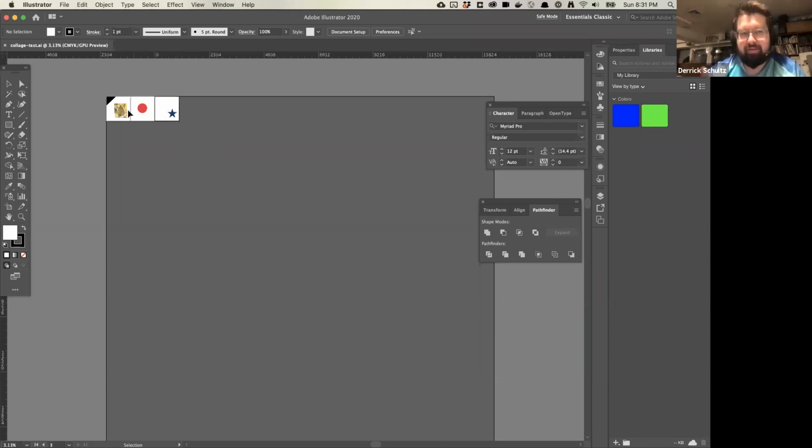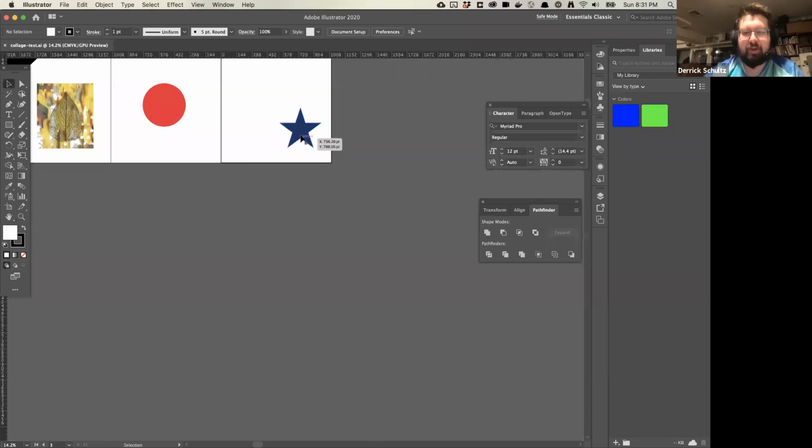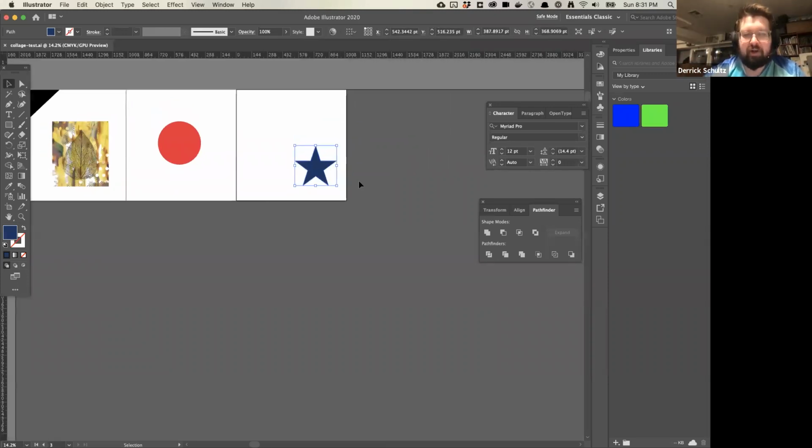I'll send you this file if you're interested in just using this, but it doesn't really matter what file you use, as long as you have one file open and the artboards are all the same size. There's probably some complicated thing, again, because I really haven't tested this too much. My guess is if something is off the screen, it might not be caught. There's a bunch of weird little edge cases where you have to think about it. But in general, I would say if all of your art is completely contained inside the artboard,